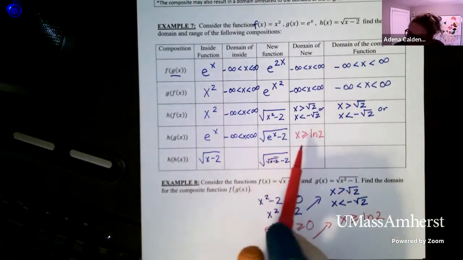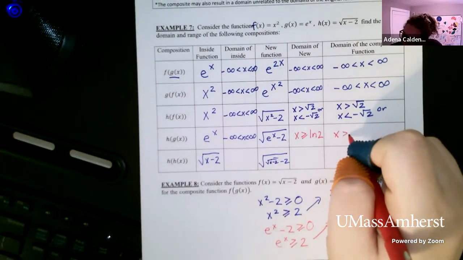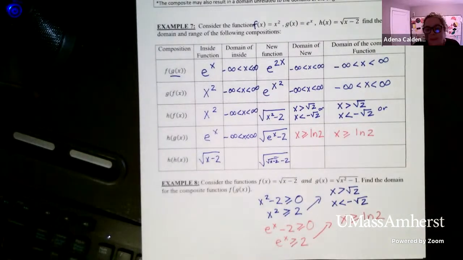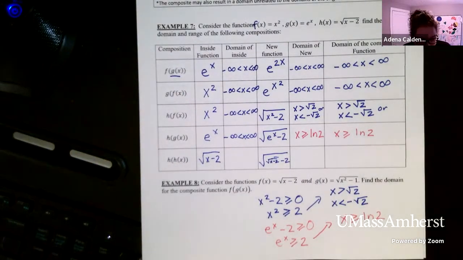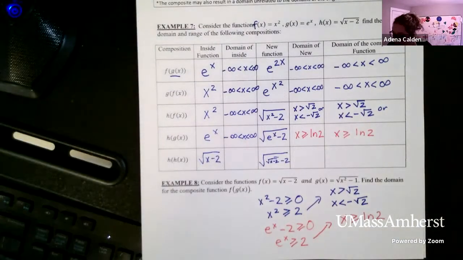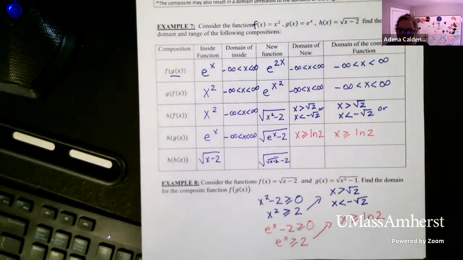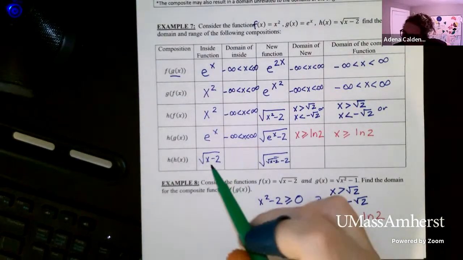When comparing the two domains, this one is more restrictive. So that's the one we get for the composite function. Okay. That one's a little tricky. People often forget how inequalities work with exponentials and logs. So if you did, that's fine, but you can test it out by plugging in some practice numbers and convince yourself that that's true. And then our final one here, we have